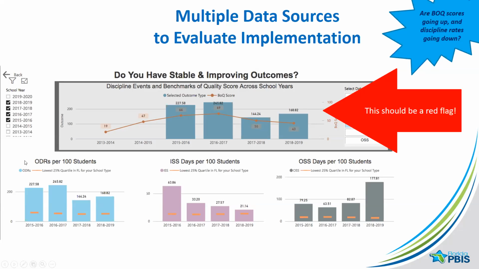So when you have schools that are increasing their ODRs, in this case they're decreasing their ISS, which is good, but their OSS is increasing, then this just sets the stage for the school team to understand that we do in fact have a Tier 1 issue. We need to understand why either our ODR or our suspension rates are increasing, and whether or not that might be related to decreases in our fidelity or low fidelity issues.